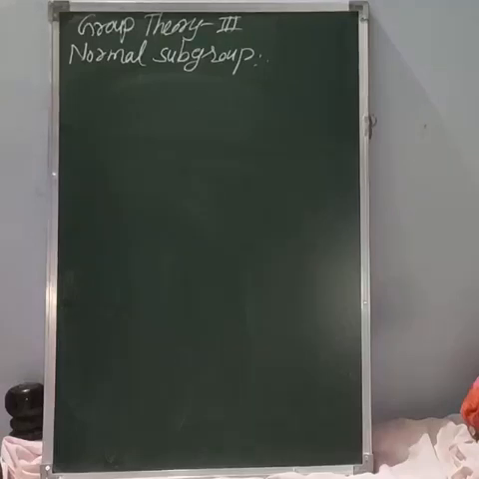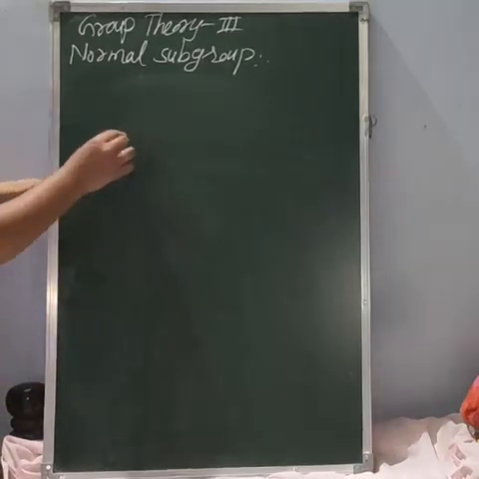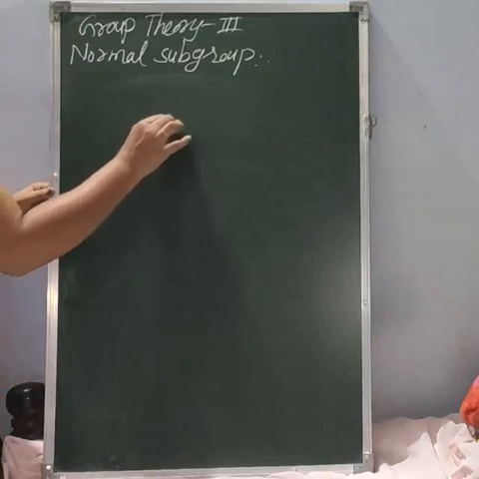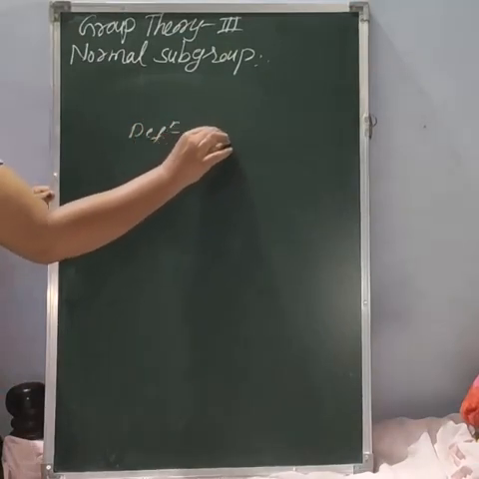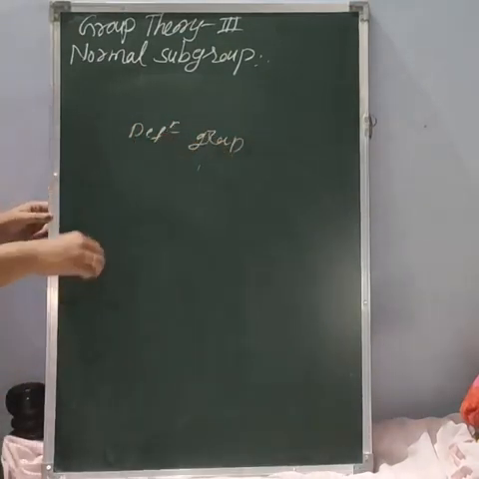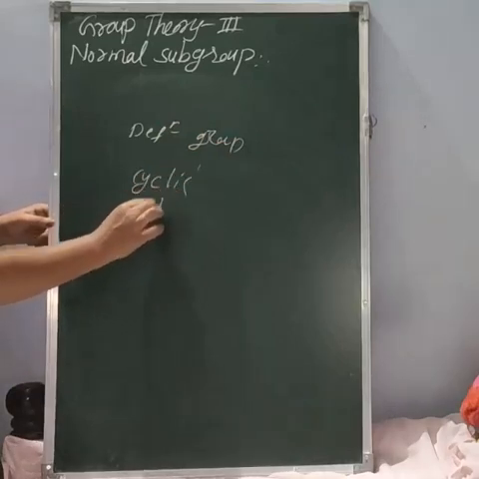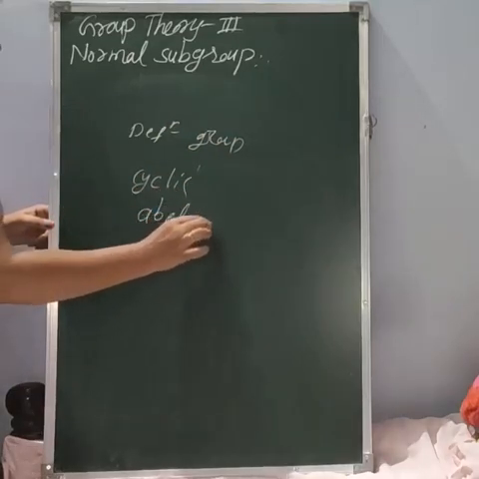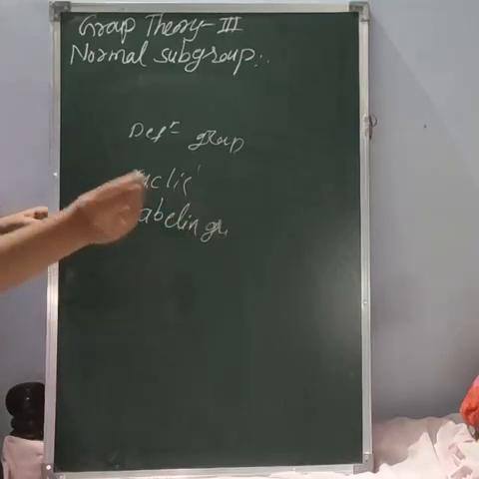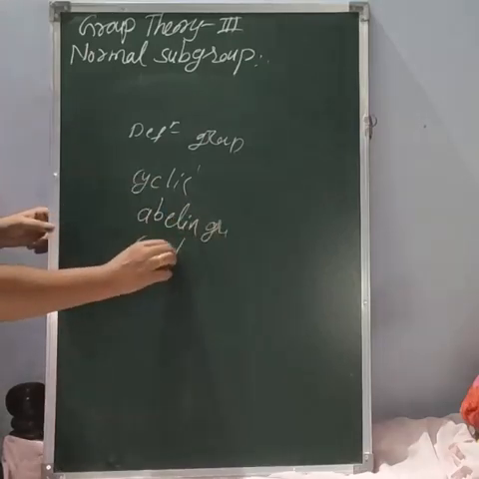Hello students. In this class we will start our next unit, again from paper 2 only, group theory 3. You already studied group theory 1 and 2 in the third semester. I think you studied the definition of group, what is meant by subgroup, some examples of that, cyclic group, abelian group, and coset, right coset, left coset. You all studied these basic things.